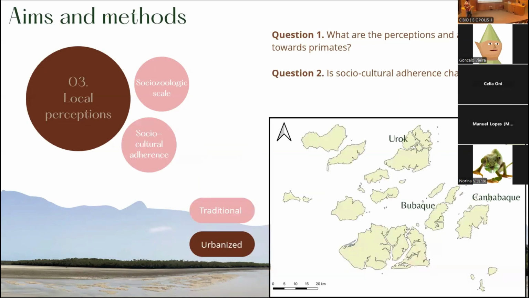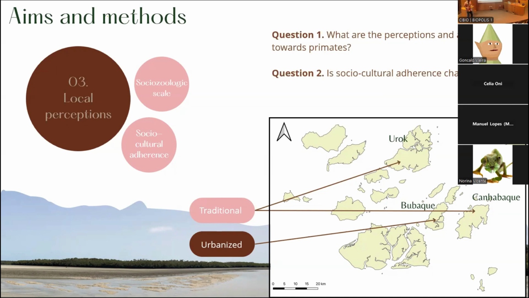Okay, so we went to 3 islands, and why these 3 specific islands? It's because they can be classified in a gradient of social cultural adherence in theory, right? So we have 2 very traditional islands where they still do many of their cultural practices, and then we have Boubac, which is the capital of the archipelago, where you have a lot of tourism, where you have a lot of different churches and things like that,